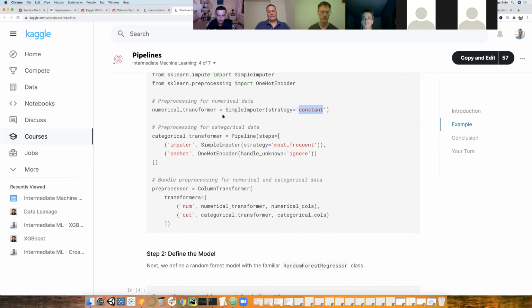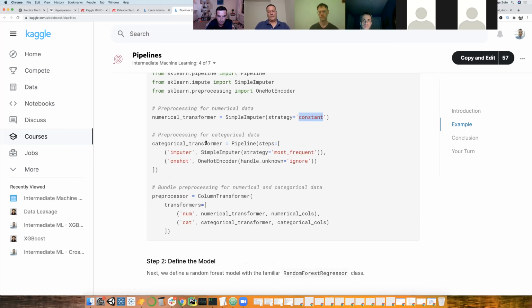Yep. Then for categorical variables, we're actually going to define a two-step process. First of all, we will take care of the missing values. We will impute missing values with the most frequent value. So let's say we had Paris, Tokyo, Amsterdam, NA.